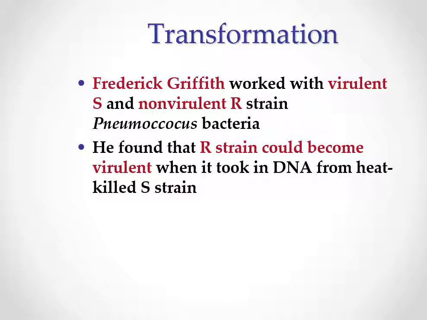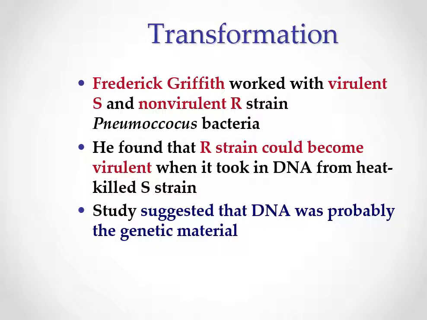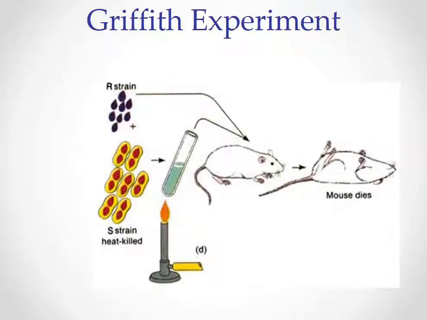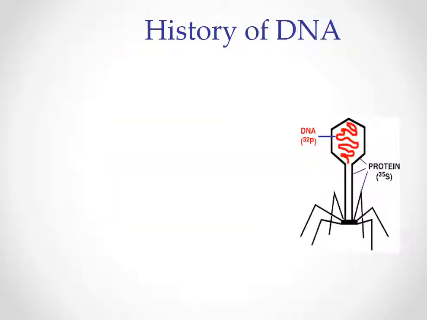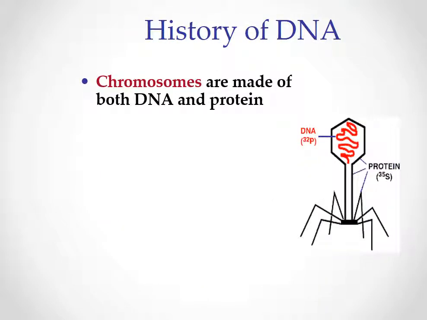fatal. Okay, but what he did is he took the DNA from heat-killed bacteria. So he basically took the bacteria and put it under a fire. So he heat-killed the S strain. He noticed that because of this, it was suggested that DNA was probably the genetic material and it wasn't the proteins themselves. Okay, so this is what he took. So he took the R strain and the S strain, he killed the S strain, and when he injected it into the mouse, he noticed that the mouse was dead, even though the S strain was heat-killed. So let's go back to basic